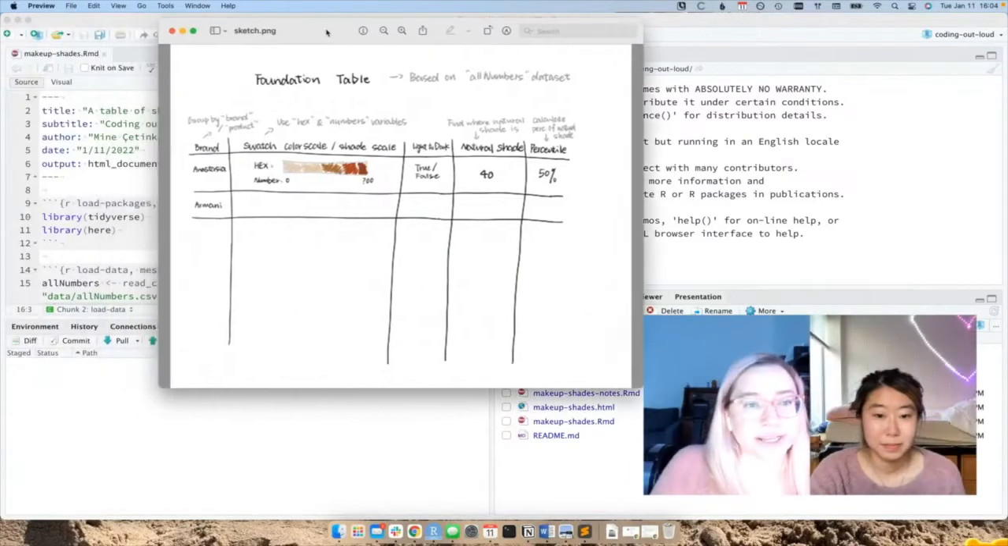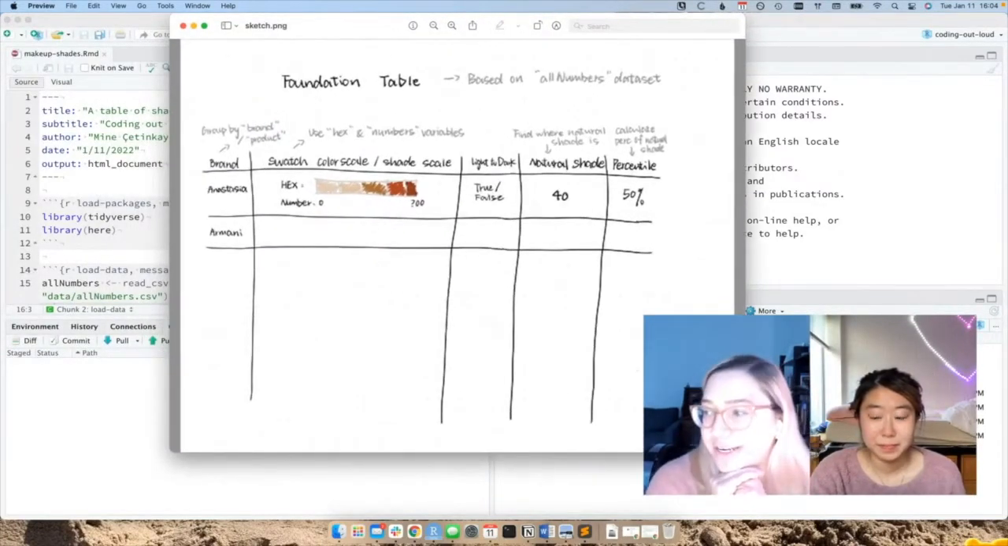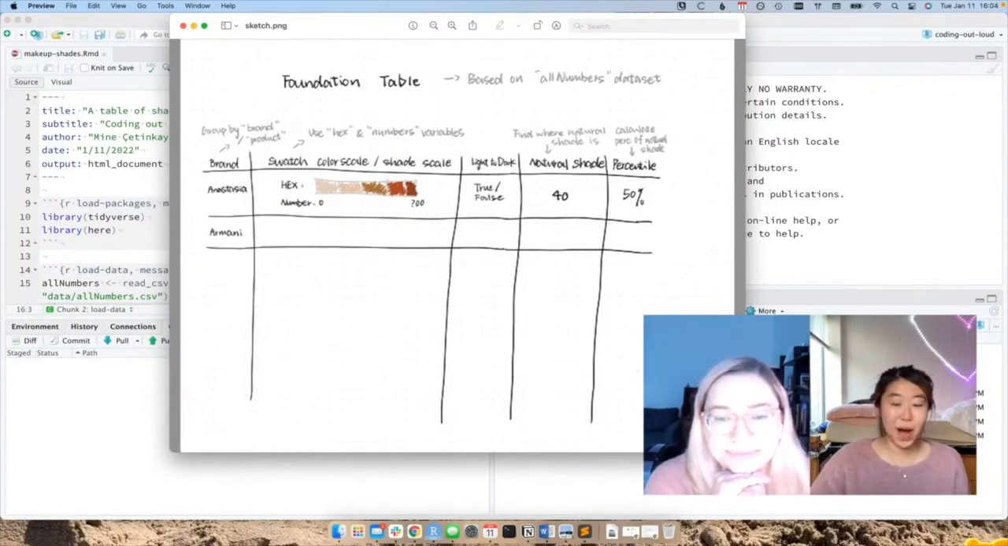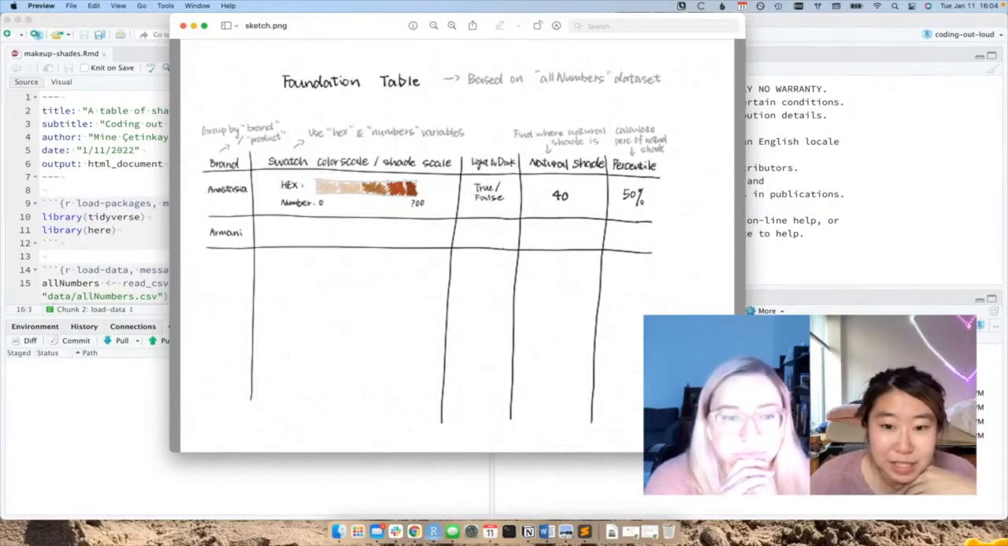And Holly, do you want to tell us about how you came up with this idea of what we want to create today? Yeah, so for our data set today, we're trying to make a comparison table, including several of the top foundation products from different brands. And the idea is to help the customers compare the color shades of different products and make the picking easier. And so we can see from the table, the first column is the brand,